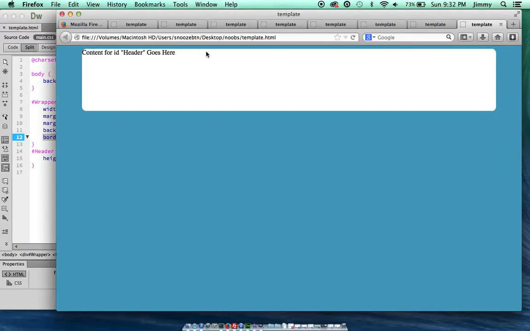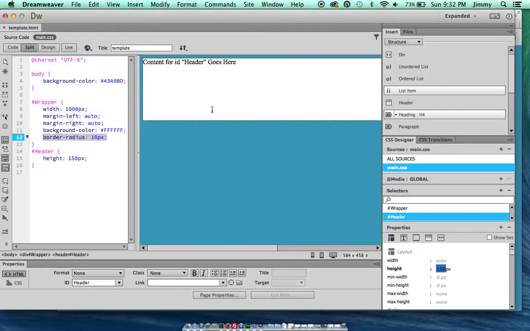And as you see, content for header goes here. We still have round corners, which is actually good. Sometimes for some reason I know that it actually doesn't flow with the round corner itself. Now for the header tag,